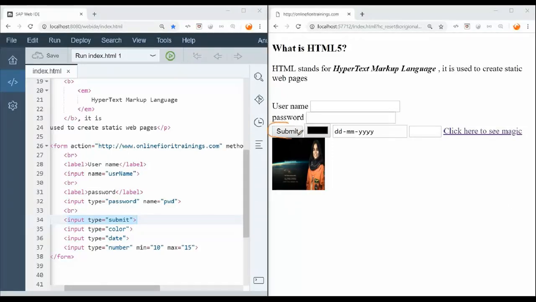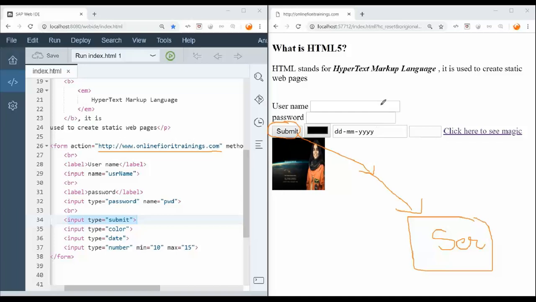The moment you hit this submit button, the system is going to call your server, onlinefioritrainings.com. And whatever data you gave in the input fields which have a name associated, username and password, that data will be added to the request automatically and sent